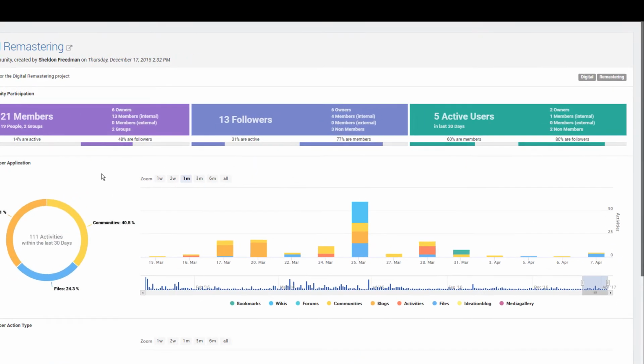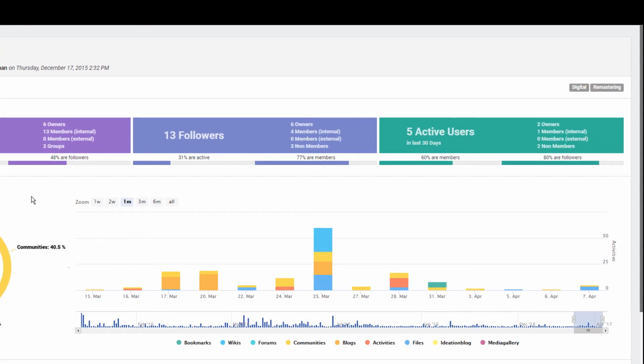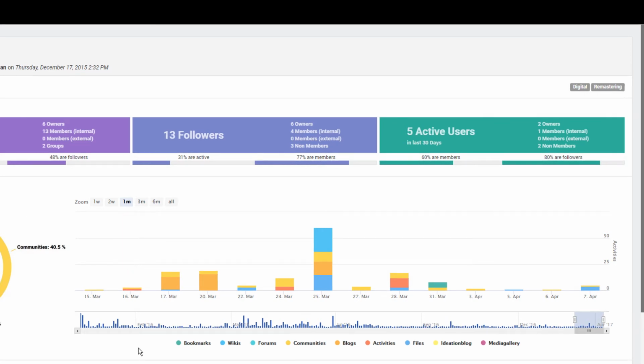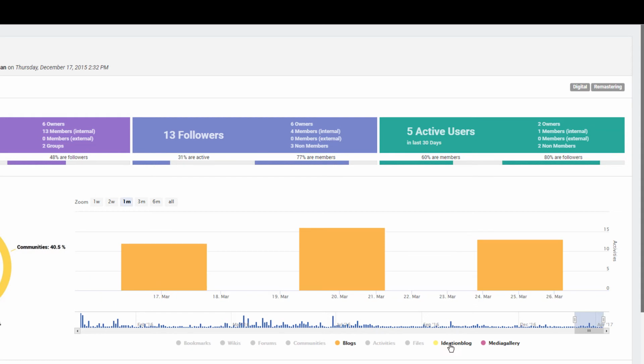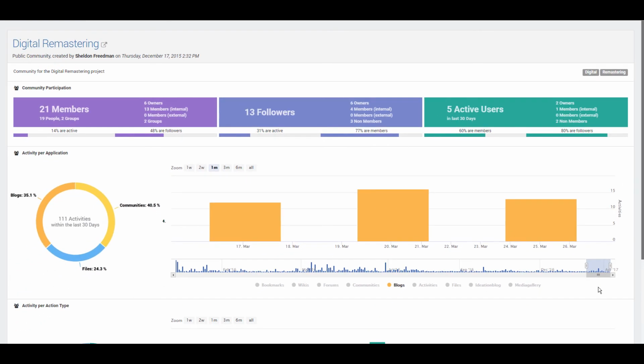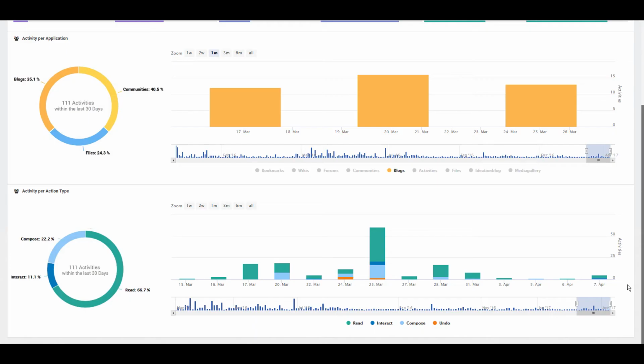Now, make sure to zoom into 1 month in the bar chart by selecting the 1 month button and deselect all other apps except blogs in the legend. The remaining bars represent blogs. You can see that on 3 days, the activity was particularly high compared to all other days. To find out how the users interacted with the app, let's continue the analysis and take a look at activity per